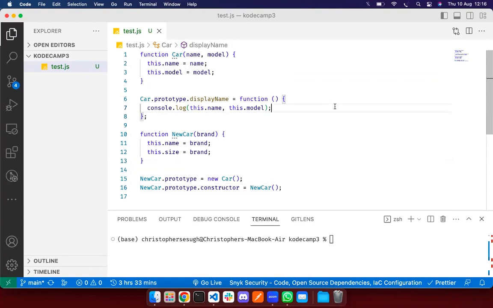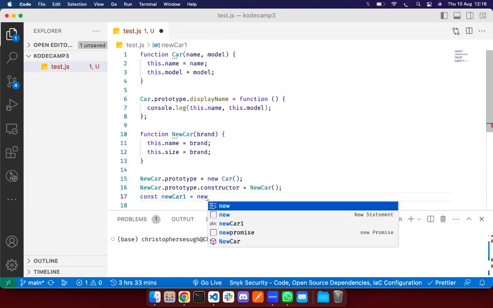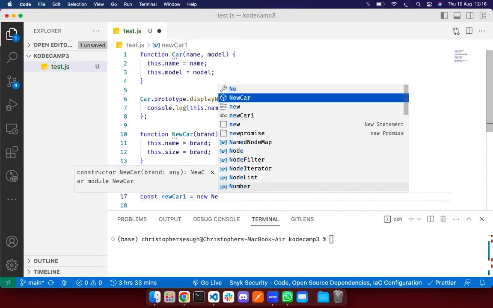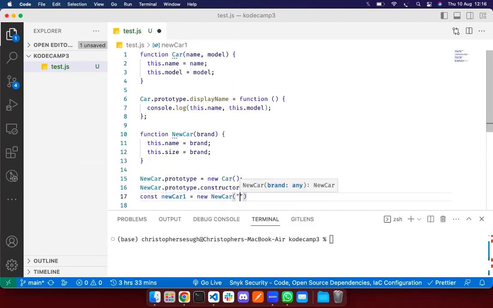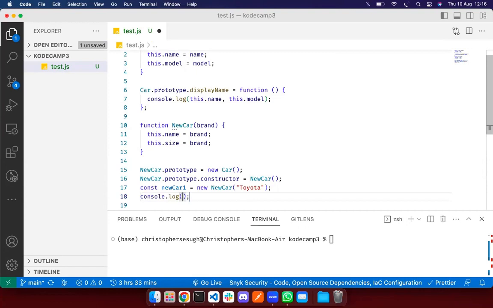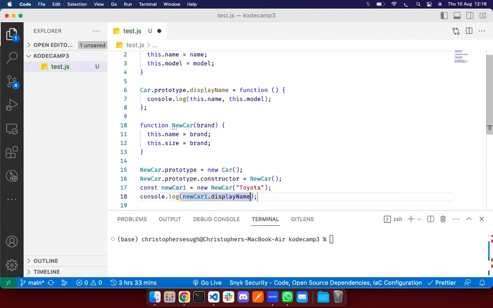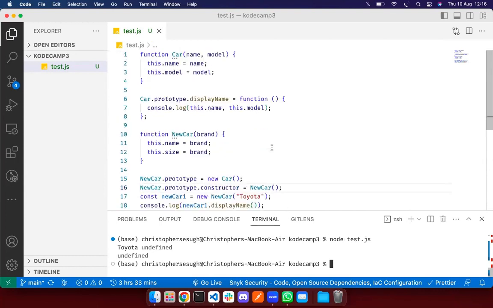And now, let's try to access this method like const newCar1 is equal to new car. Then we pass in a brand of, let's just say Toyota is a brand or something like that. Then we try to access newCar1.displayName. Let's see what happens. Toyota undefined